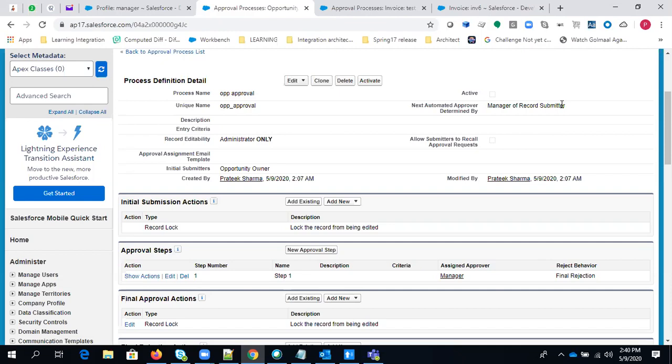So let's say you are the queue member, I am the queue member. I don't have bandwidth, right? So we both are watching. Let's say you are the approver for account, I am the approver for opportunity. So for all opportunity related records, I will make myself the approver, and for account related records you will make yourself the approver. Based on that, just do it practically, and if you have any question let me know. Okay.